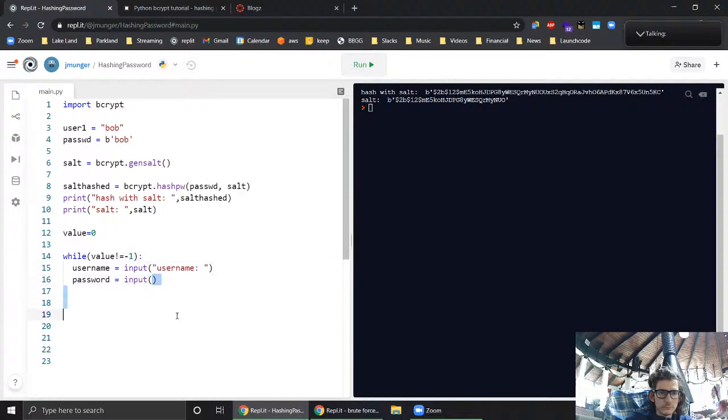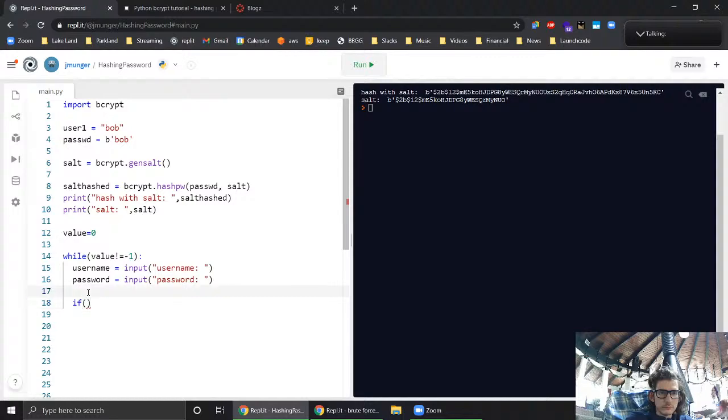You don't want to do that because that's a huge security risk. All right, so we'll take those from the person, and we'll have the salt and the hash stored in the database. So if they enter their username and password,